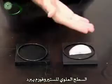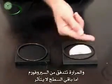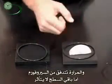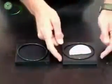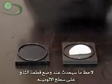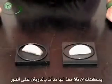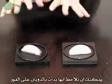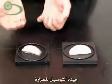The top of this styrofoam is cooling off wherever the ice is touching it. Basically, heat flows out of the surface of the styrofoam, and the rest of the styrofoam doesn't feel very cold. It's not cooled off that much, so I can touch it. Watch what happens when I put an ice cube on the aluminum. Boom. You can see it starts to melt right away, and that's because aluminum is very good at transmitting